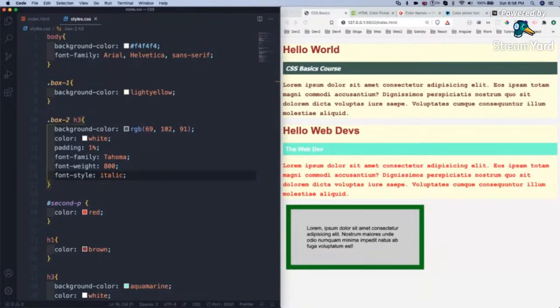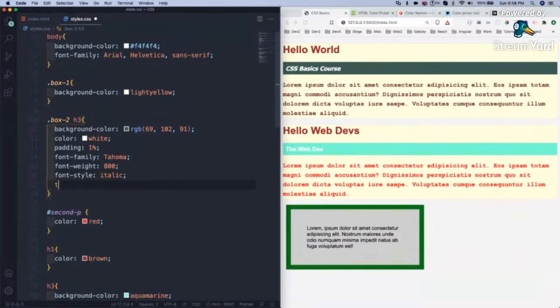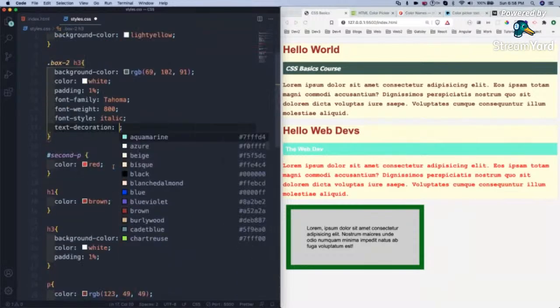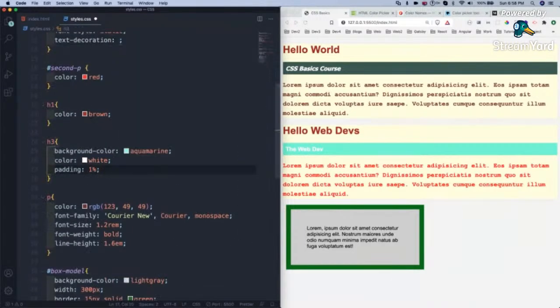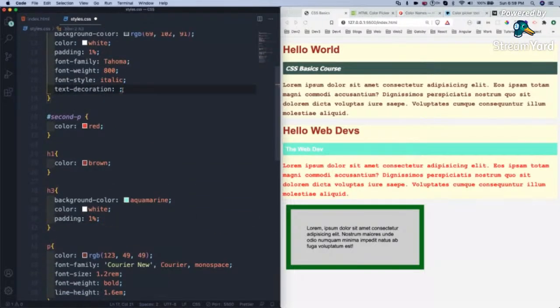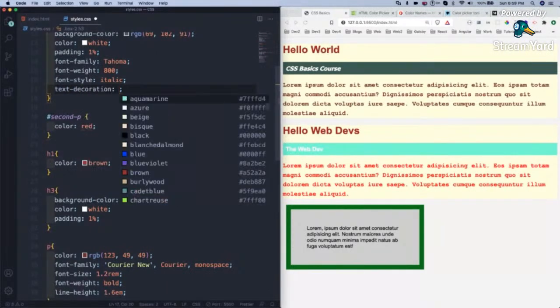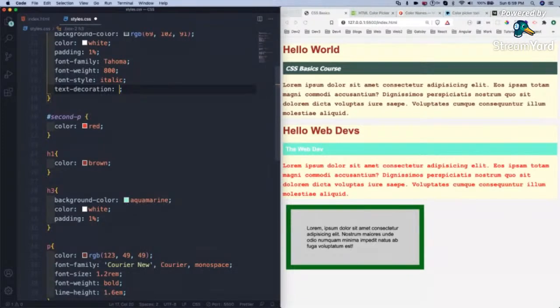Then there are some other properties like text decoration. So text decoration is there. Color also you can give, but generally we give text decoration as underline.